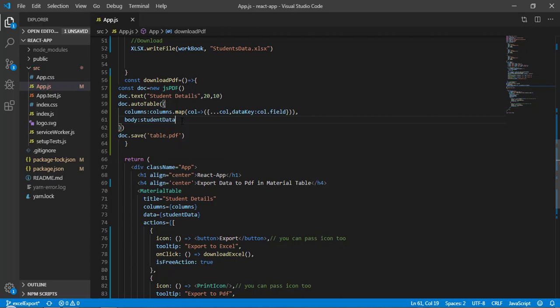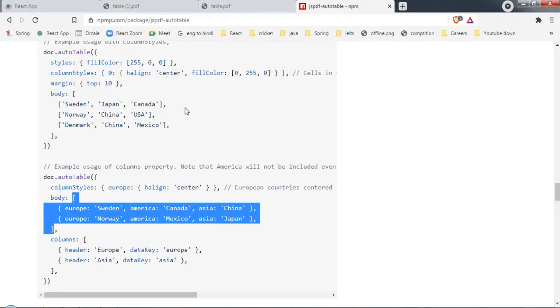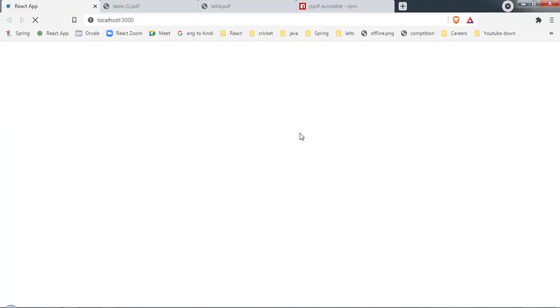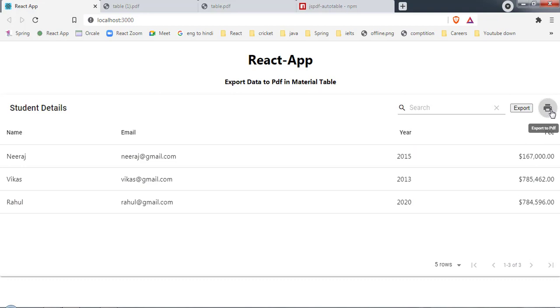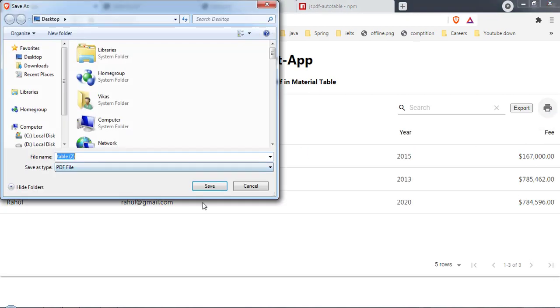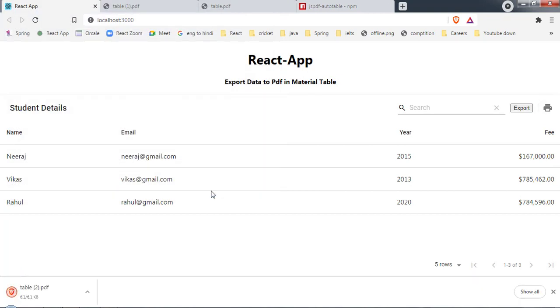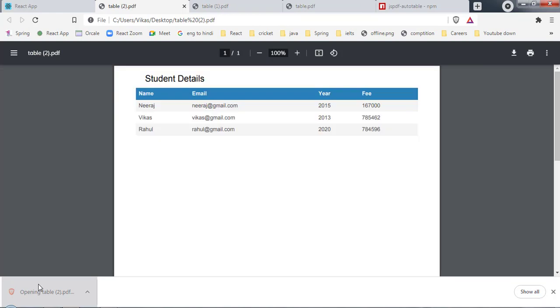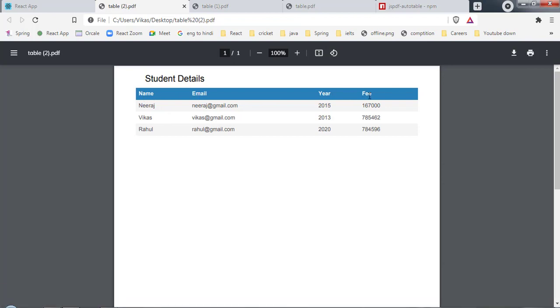Okay, so now save it, and let's come back here. And now let me click on this export, save it. Okay, so here as you can see we started getting our table. We have name, email, year and fee, and we are getting all the data as well.